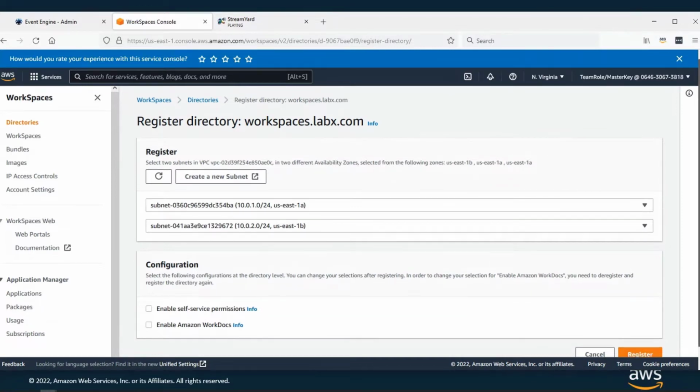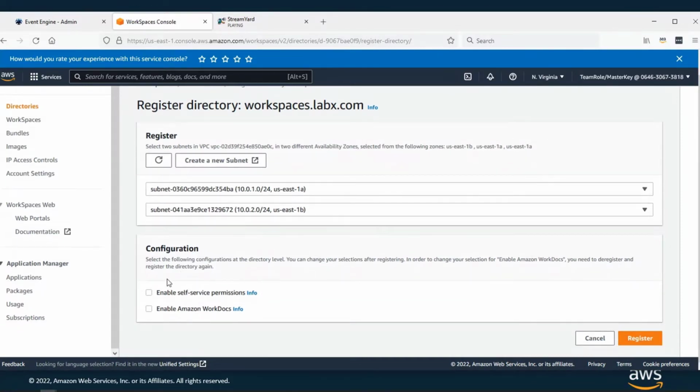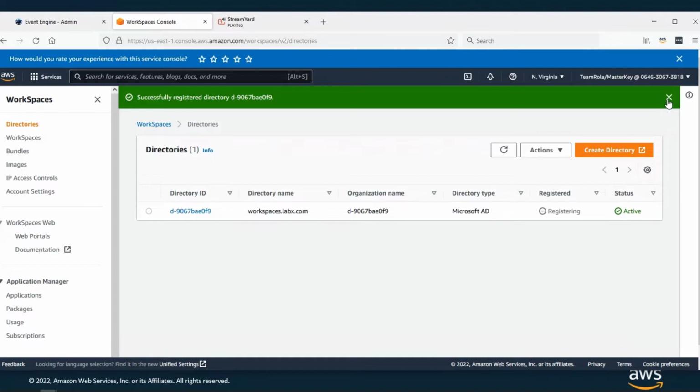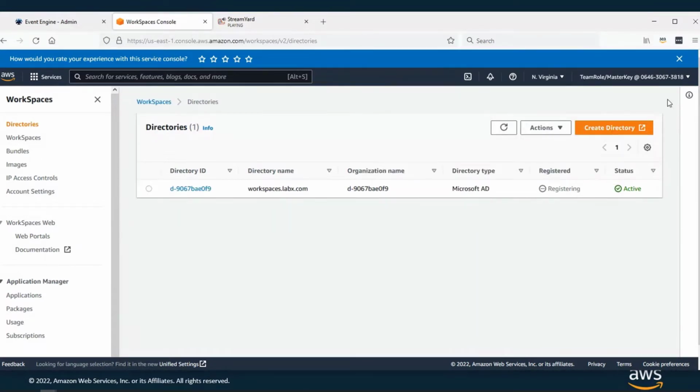And in this particular case, just for the purpose of this workshop, we are not going to enable self-service permissions, and we will not enable Amazon WorkDocs. We'll go ahead and click register there. Okay. And now it says it successfully registered the directory. This now enables us to launch Amazon Workspaces. But before we go ahead and do that,